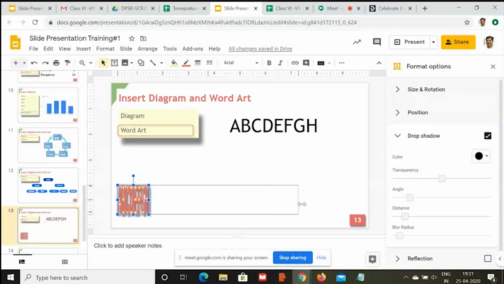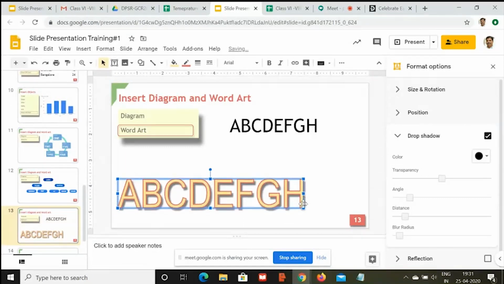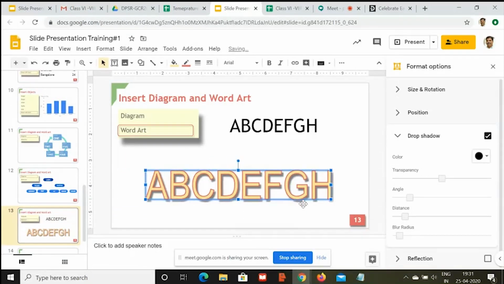I hope it is clear now. Yes, sir. Thank you, sir. So basically you have to look at the toggle point and click on it, move your mouse downwards, leftwards, or rightwards to change the inverted image you want. Okay. I hope this makes it clear. Yes, sir. Thank you, sir.